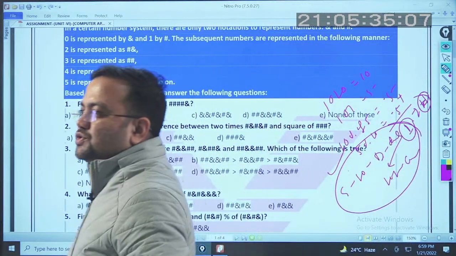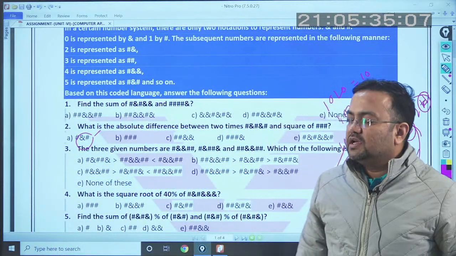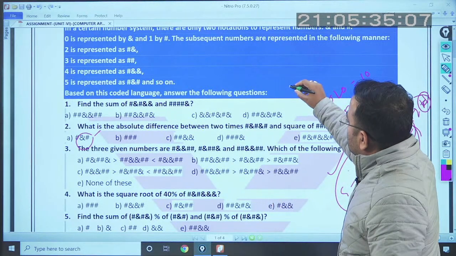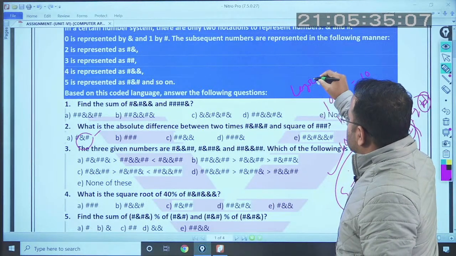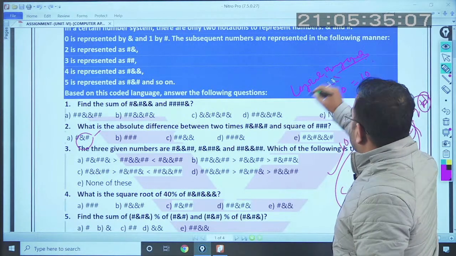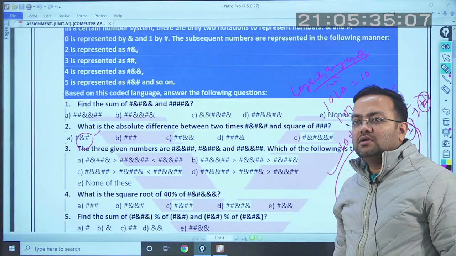Okay, students, clear about these questions, question number 1 to 5? So this is computer aptitude and it is nothing but the logical binary operation, and this logical binary operation it is asking in the form of